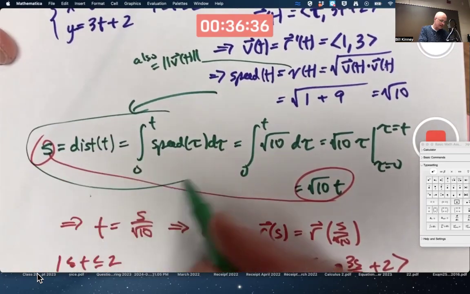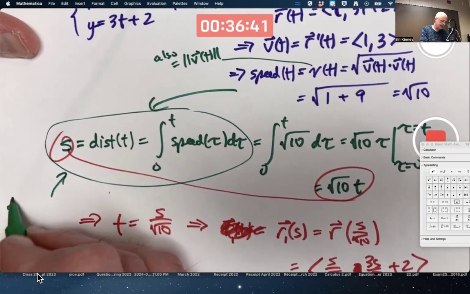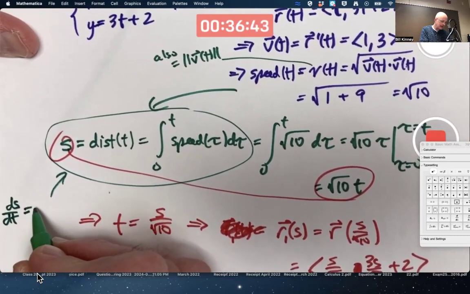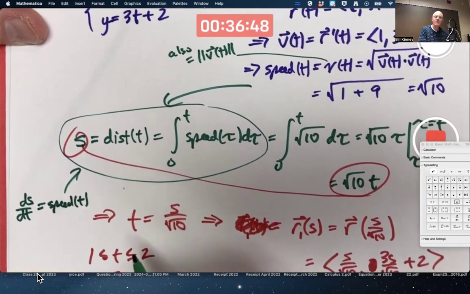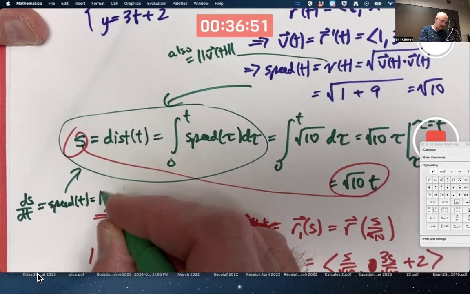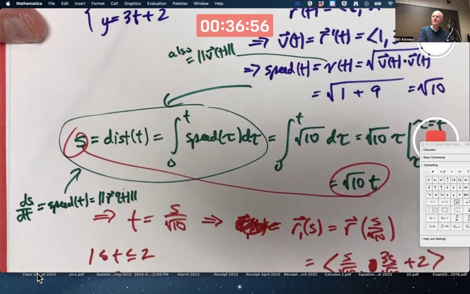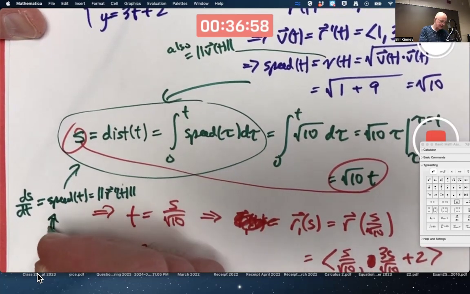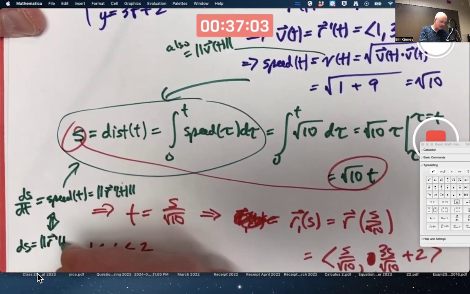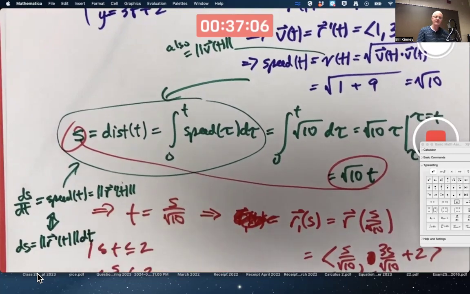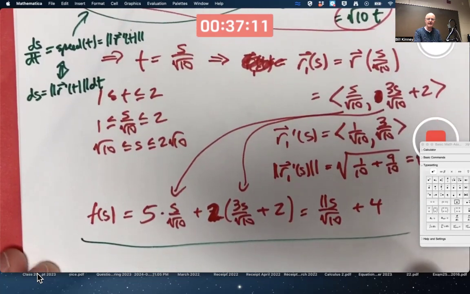This equation effectively says, by the fundamental theorem of calculus, that ds/dt is the speed at time t, which is the length of the velocity vector, which is the length of the derivative of the position vector. And therefore, that equation is equivalent to saying ds is the length of the derivative of the position vector dt. And what that ultimately means, this is the way you want to do these calculations,